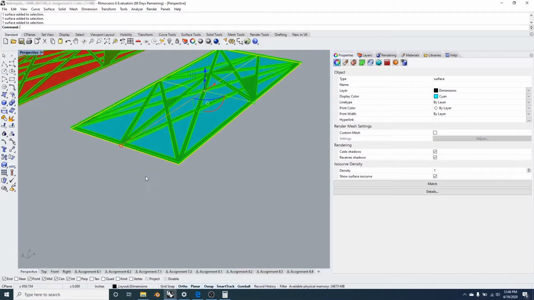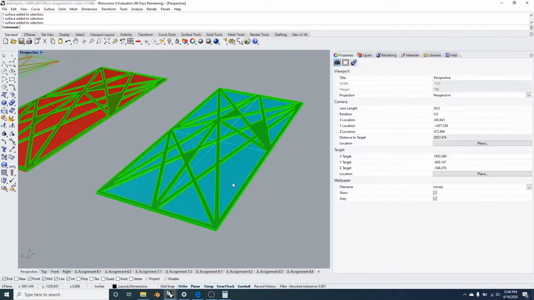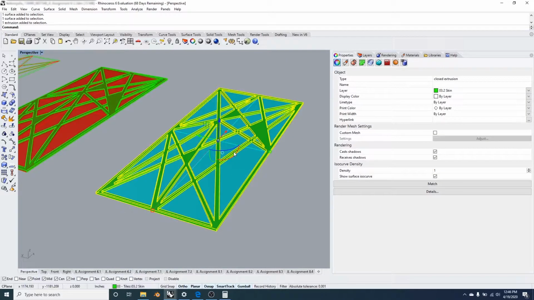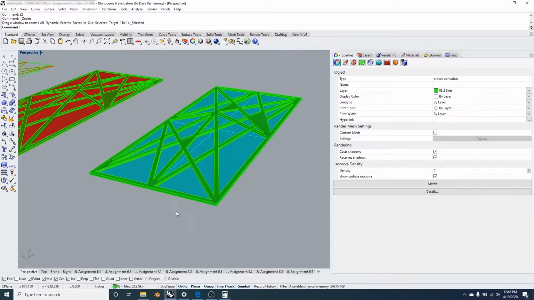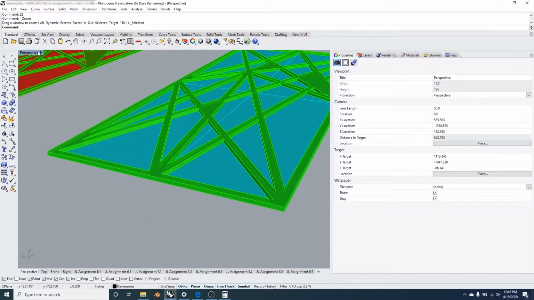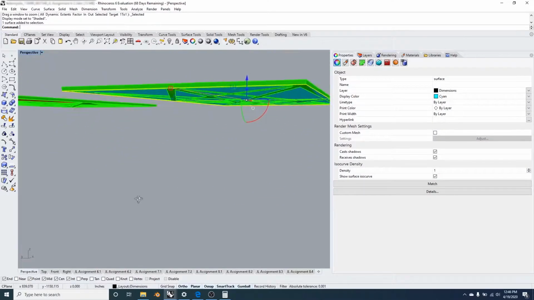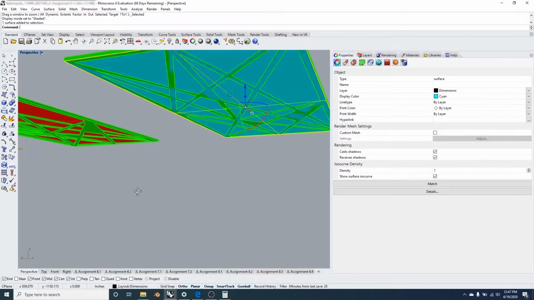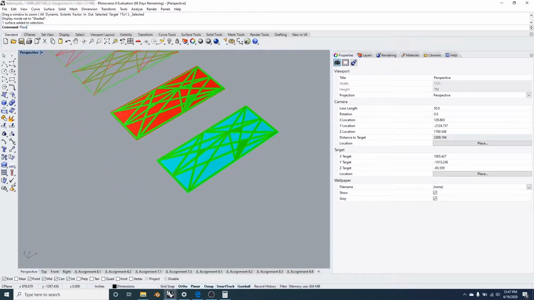This is our plane. If at any point this is rotating out of proportion, you can always select the object that you want to focus on, and then just type ZS for zoom selected, and now you can just orbit around it. But to explain this even further, now we can see that the plane is housed right at the bottom. Now, if we run the flow along surface command,